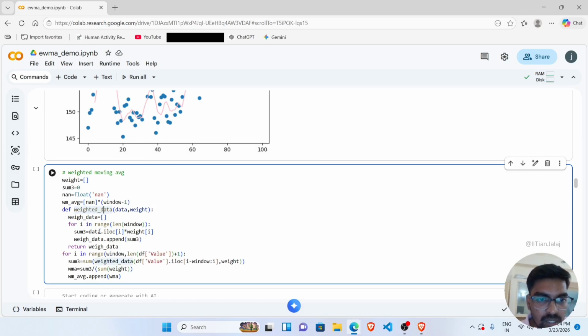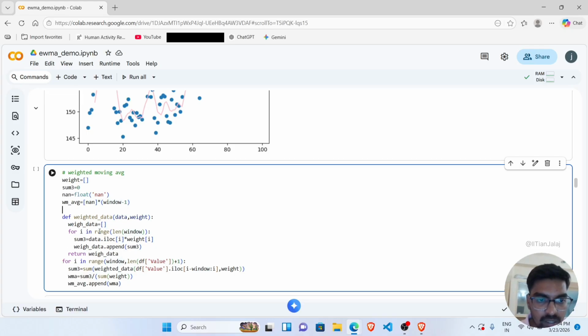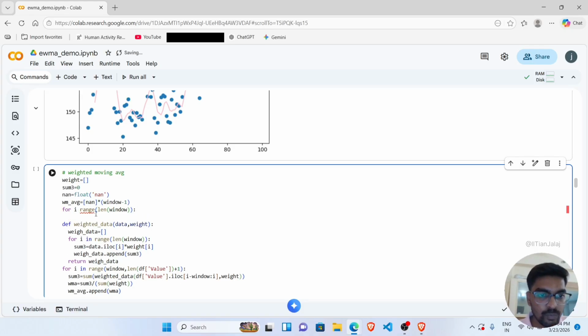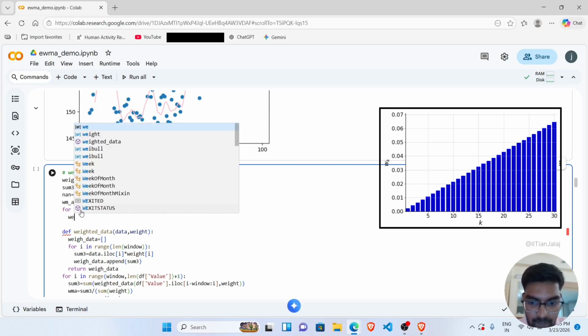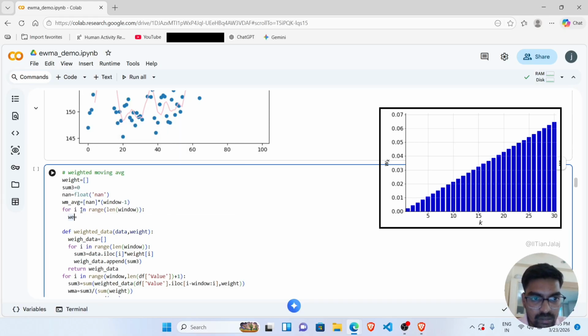Okay, so now let's decide what will be the weight. As I said, let's first initialize the for loop. I said the weight will follow some kind of linearity. So what I will decide, I will decide a weight equal to